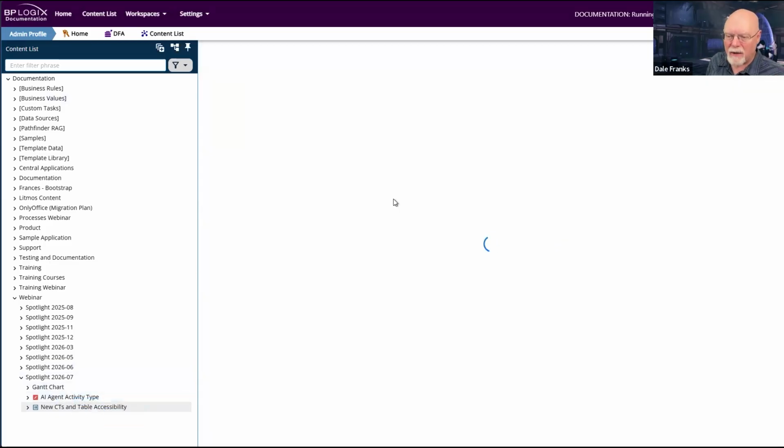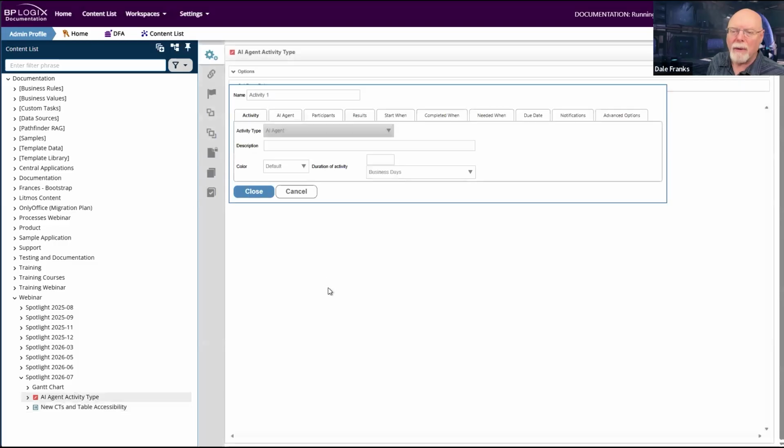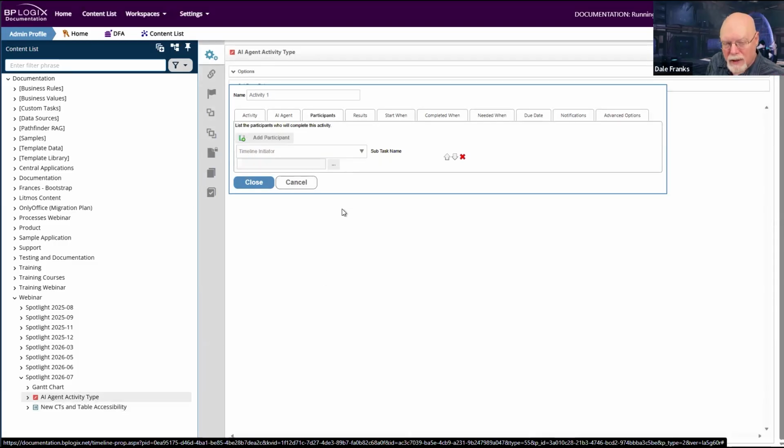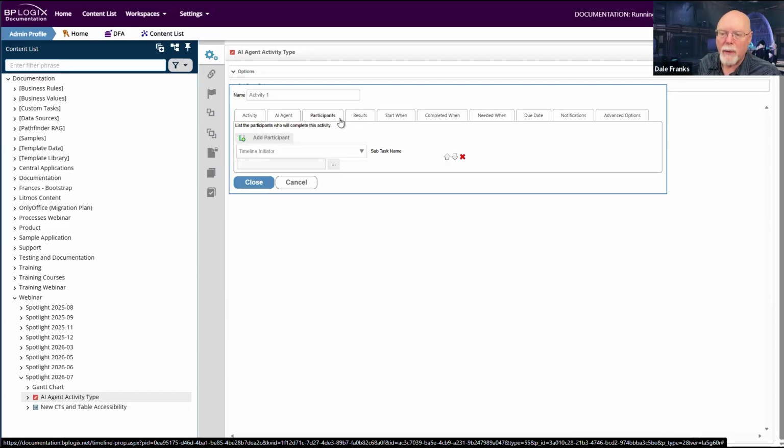So this AI agent activity type has its own special tab for your AI actions, but it also has a participants tab. So you can assign it to the reviewer. It has a results tab so that you can add the results of whatever the review is going to be, whether it's approved or whether it needs to be done again or restarted. That's entirely up to you, but you do have a participant.